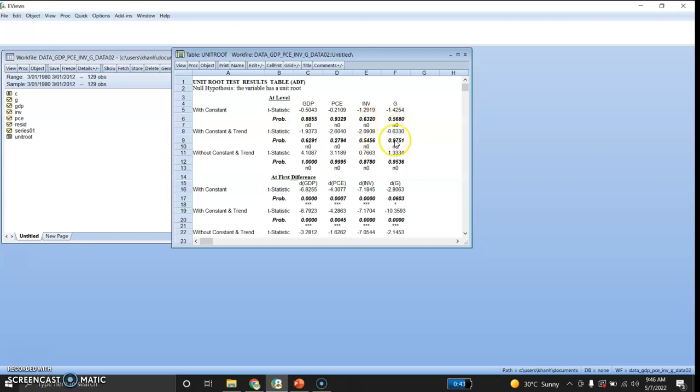Since all these p-values are greater than 0.05, we fail to reject the null hypothesis that the variable has unit roots. So it means that at level, all these series are non-stationary and they have a unit root. In this part of the table, we take the first difference, and there are t-statistics and probabilities, and for all the